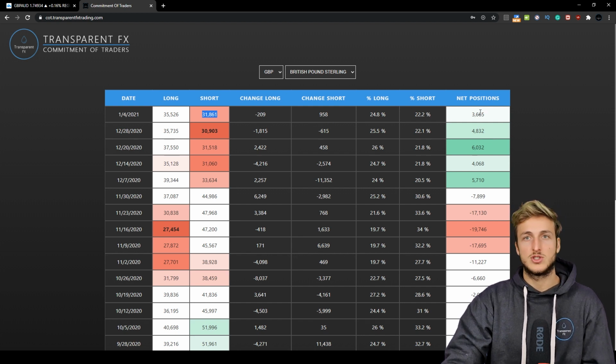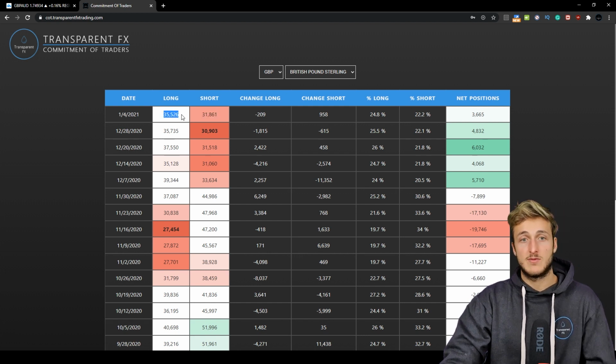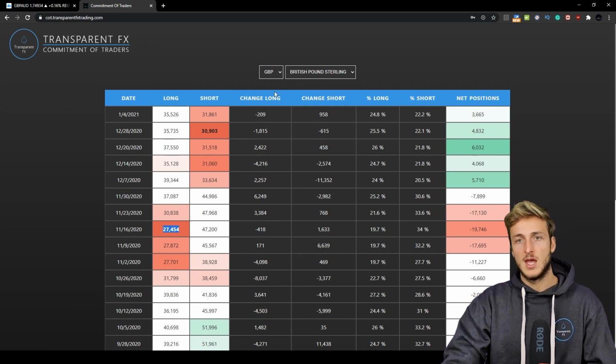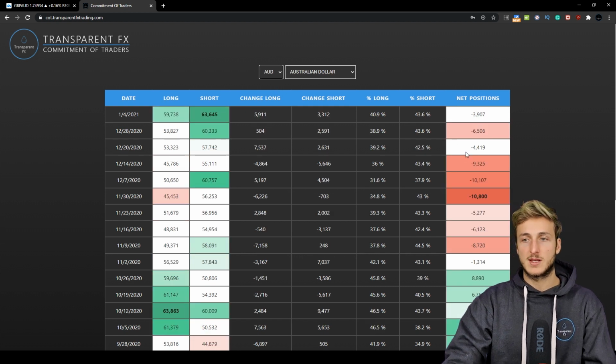So we expected some short-term weakness of the pound, but overall we can still expect some strength since we still have more longs than shorts, which is a big change from here where we had more shorts than longs, so the completely opposite situation. If we go and see what we have from an AUD perspective, we can see that